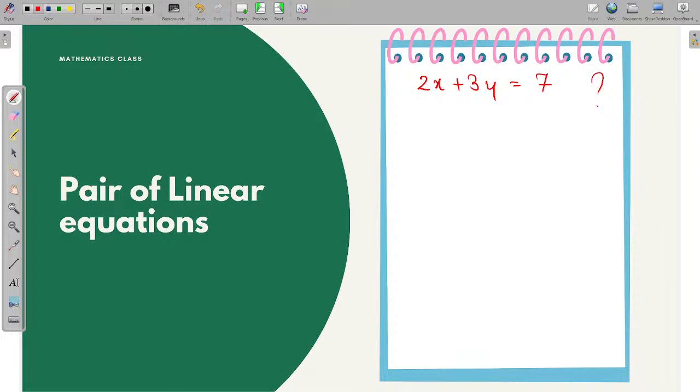One variable, one equation, we can solve it. If the variables are two, then we need two equations to solve it. If there are three variables, then three equations, right? So now the thing is pair of linear equations. First of all we'll talk about a single linear equation, not about a pair. Let's talk about 2x + 3y =